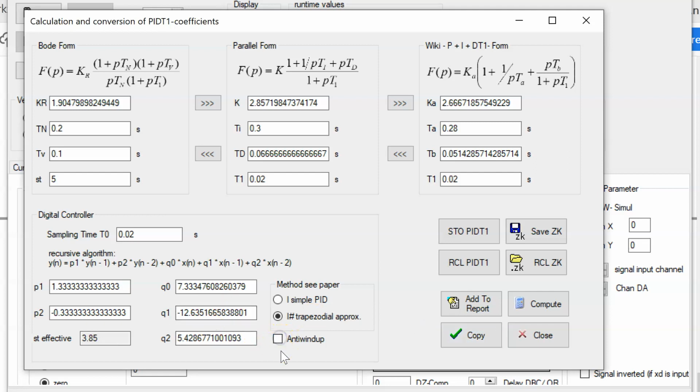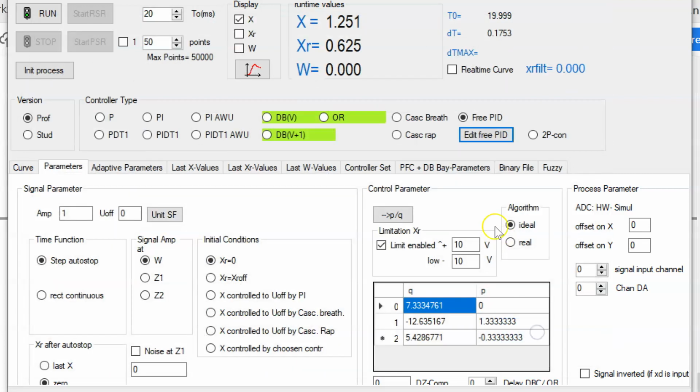I first deactivate anti-wind-up to show you the 1 sharp controller without anti-wind-up. So this you have seen. You have seen the deadbeat controller, unlimited and limited. And now I want to add the orientation controller. But first I want to show you that the limitation will be stronger if I increase the amplitude. So I want to show you first the PIDT1